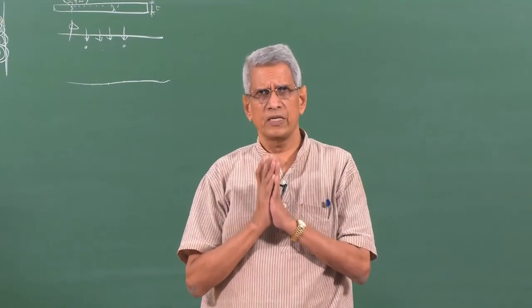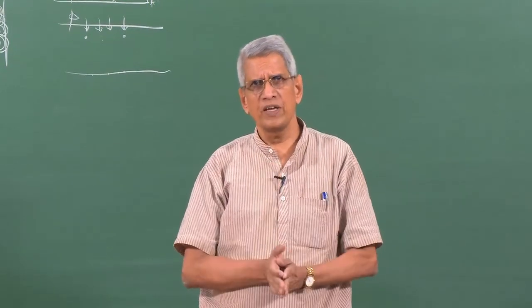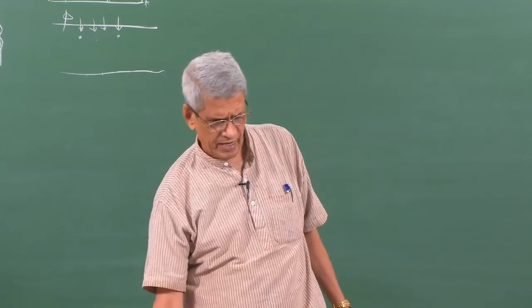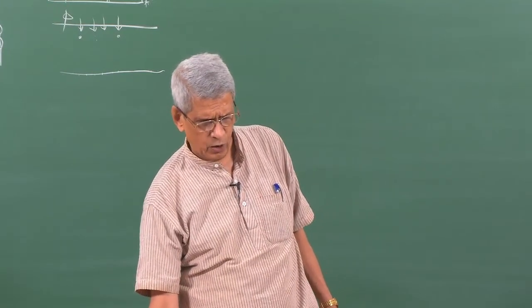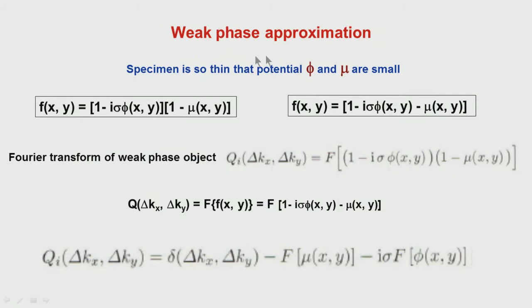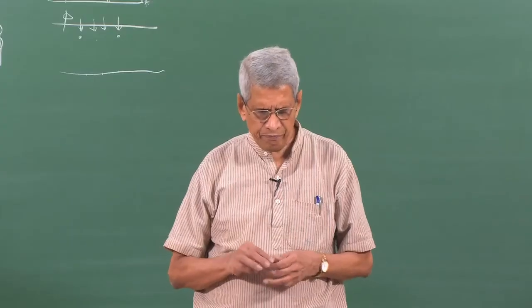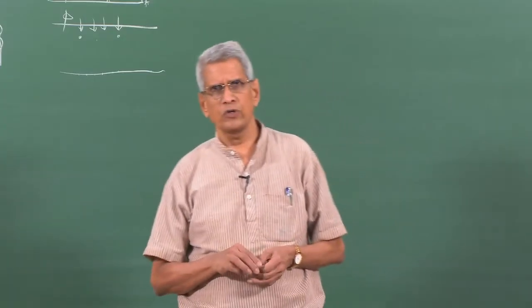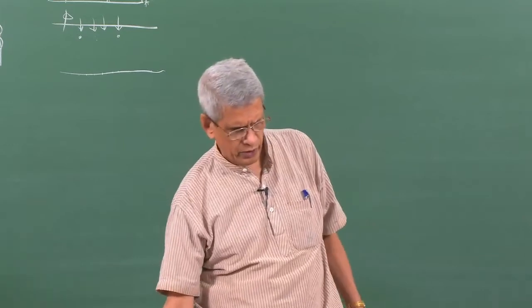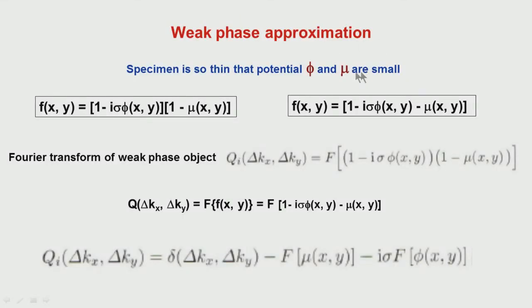that is, the sample is approximated as one which is introducing just a phase change, and how this phase change is being considered, essentially, we are not looking at the details of that interaction, but we finally look at the change it introduces into the phase of the incident wave. Okay. Then suppose the thickness of the sample is very small. If we make that assumption, then this potential phi could turn out to be very small. Similarly, this absorption is also assumed to be small.